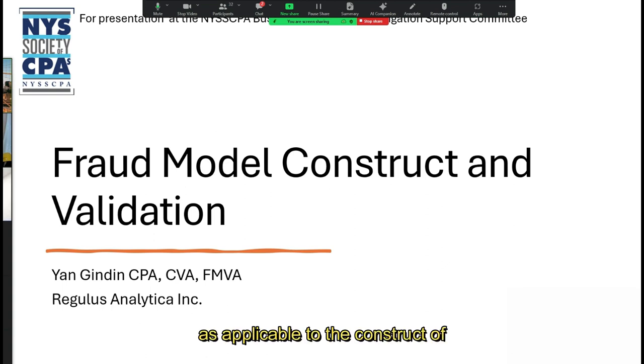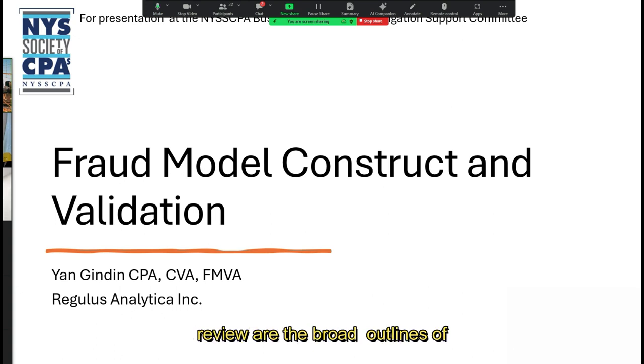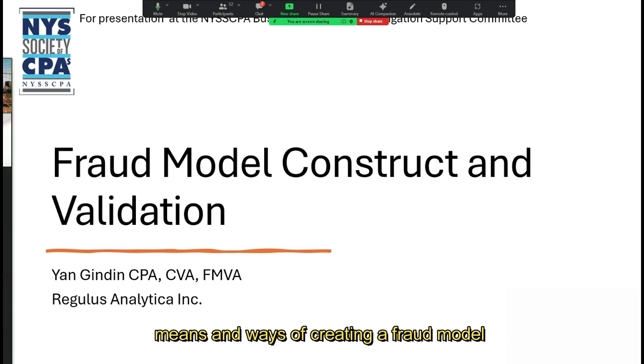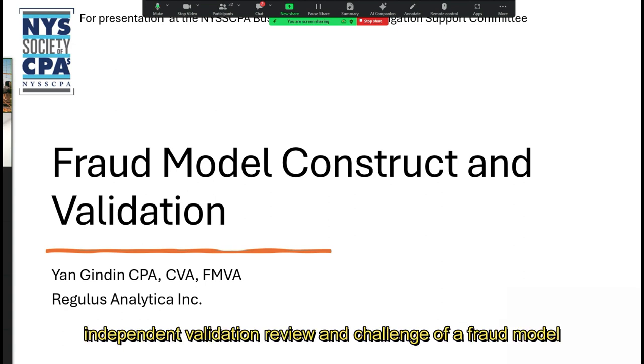as applicable to the construct of predictive models, as well as the specific type of predictive model used to predict fraud losses, the so-called fraud loss model in its simple terms. What we will review are the broad outlines of model risk governance, as well as the means and ways of creating a fraud model, as well as the expectations and means and ways of independent validation, review, and challenge of